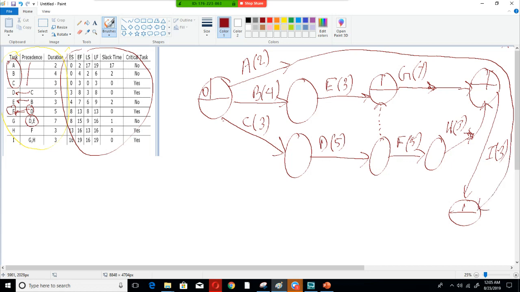Alright, now let us do the calculations. From A we can go to the final state. So the final state will be the max of whatever values we get. One of the values we get is 2. Now from B, if we start from this state and we go to this state, we will have